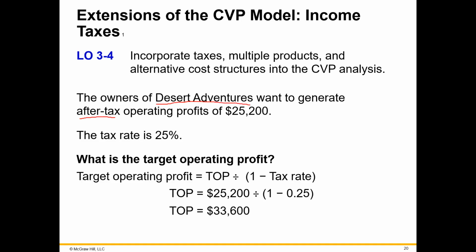So 1 minus 0.25 equals 0.75. And so we do 25,200, which is our after-tax profit. We divide that by 0.75. And so our before-tax profit that we're going to aim for is 33,600. Again, you don't need to know how to do this for the test, but you should be familiar with the